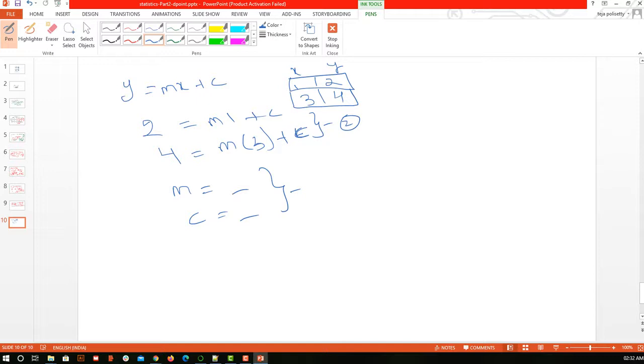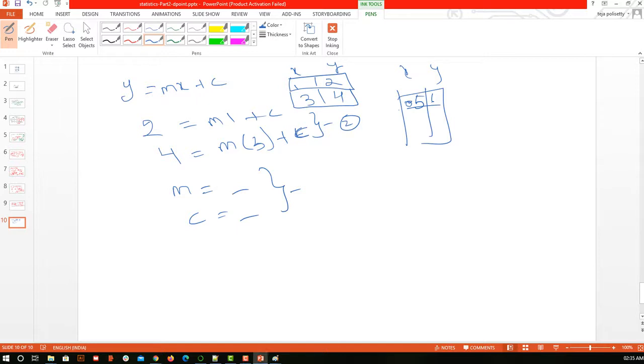But if I take a third record, x and y will have too many records, right? If I take this third record, that is 5 and 6, then I am going to get different m and c. So what I am trying to say is, for every new record my m and c are going to change a bit. So here m and c will be again different. Let's leave aside the calculation.